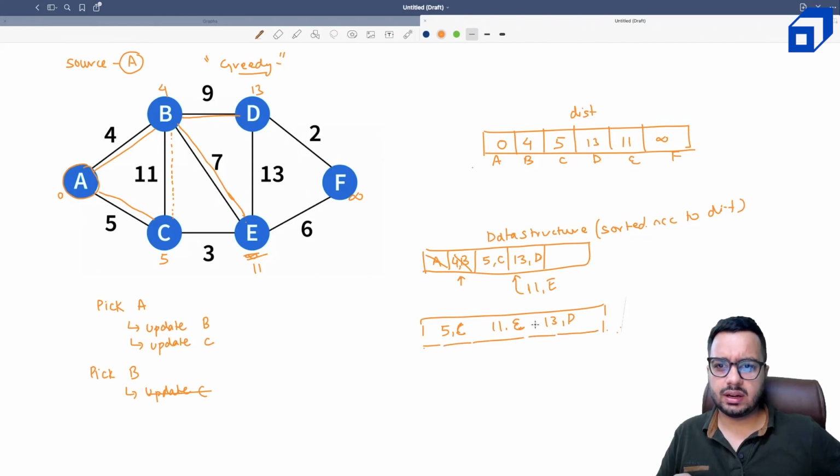This is how my data structure is going to look. Now, the next thing that I'm going to pop is C, because of all the nodes that I have traversed so far, this node has the minimum distance after A and B, and B has already visited this node, so we could not minimize this distance. That means C is at a minimum distance of 5. What I'm going to do is now pick C,